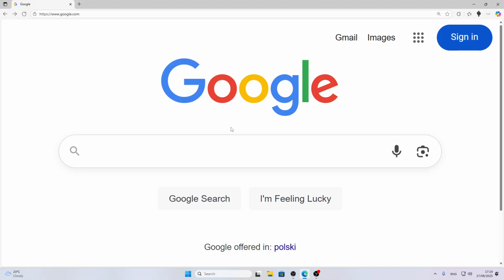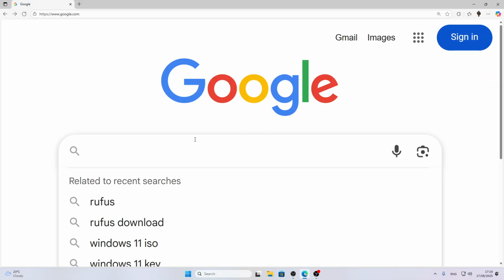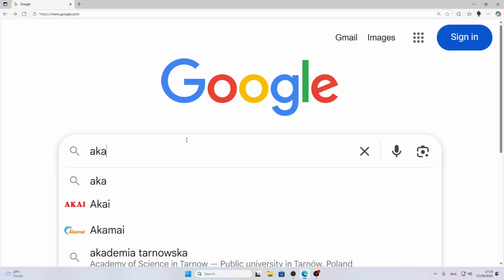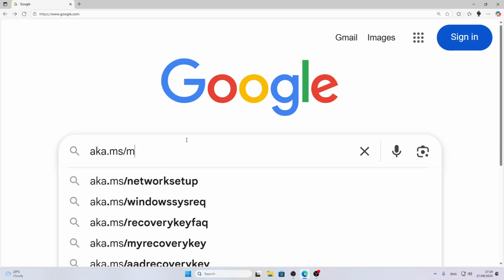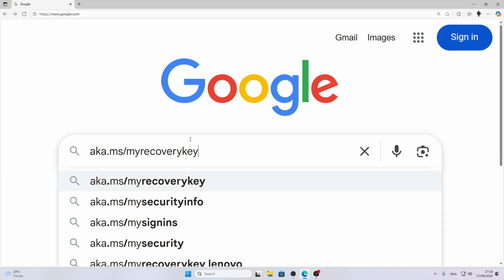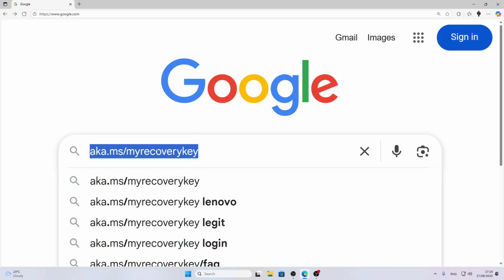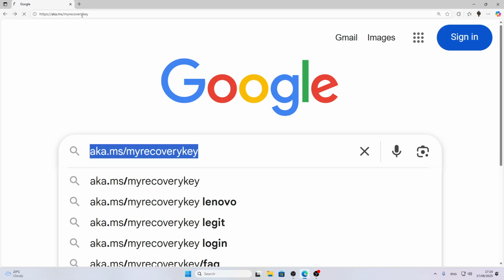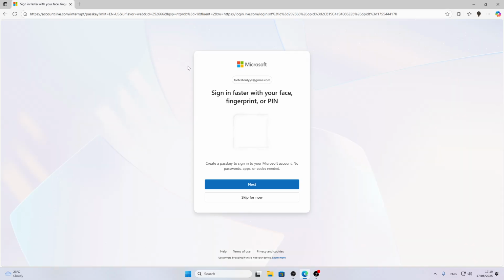Okay, so what you have to do is access the internet, open the web browser, the search engine, and in your search engine look for aka.ms/myrecoverykey. So use this address, paste it into the search field, and just press enter. Then